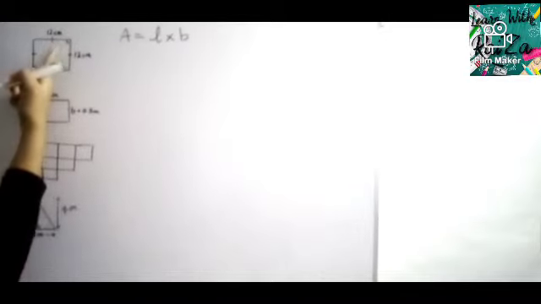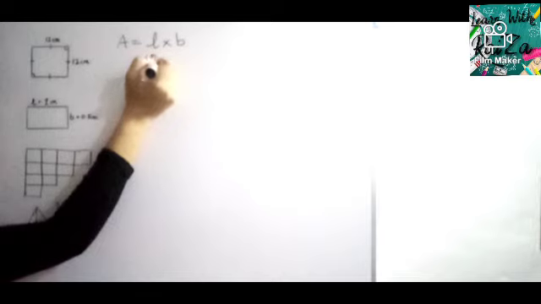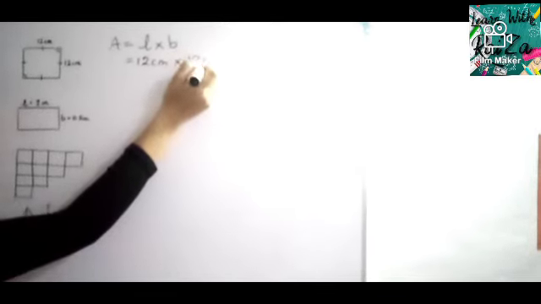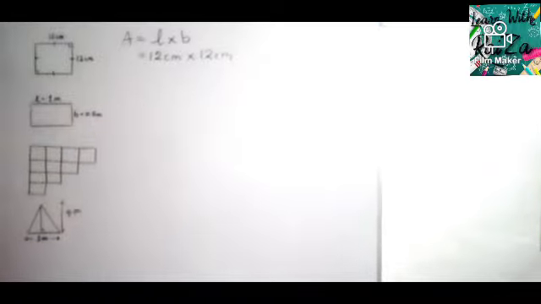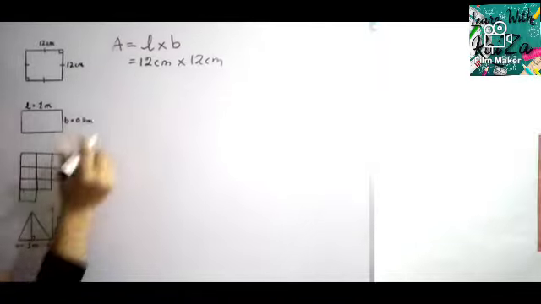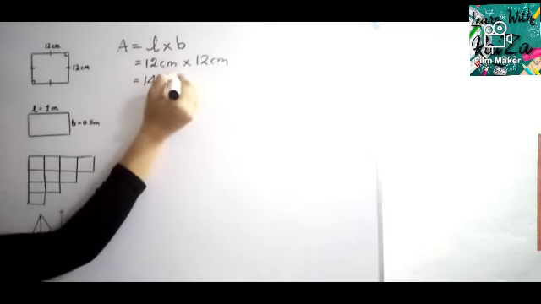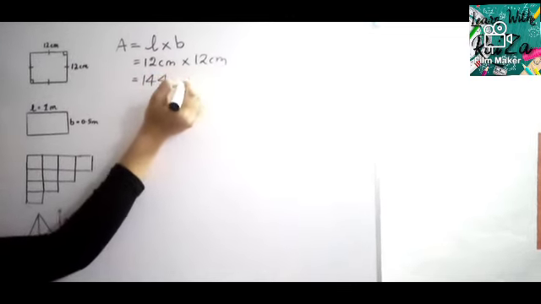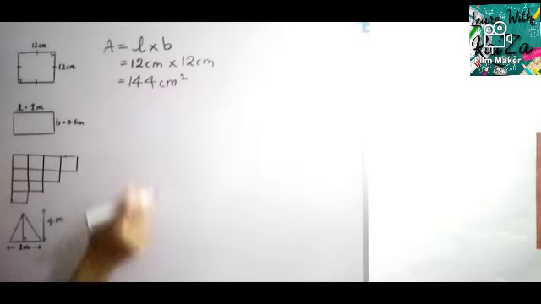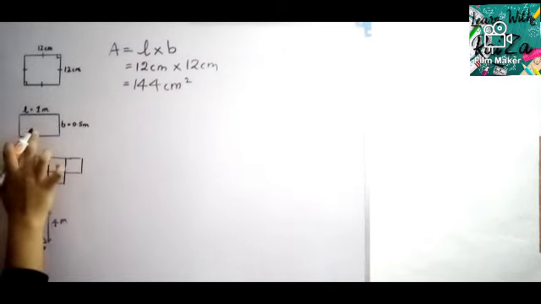And also right angle. Okay, remember, so the square length is 12 centimeter. Please write the units, and into breadth 12 centimeters. So then what else? 12 times 12, you should know the multiplication table, that is 144. But square centimeter, how does it become square centimeter? Because of 2 centimeters, so square centimeter. Can you understand?